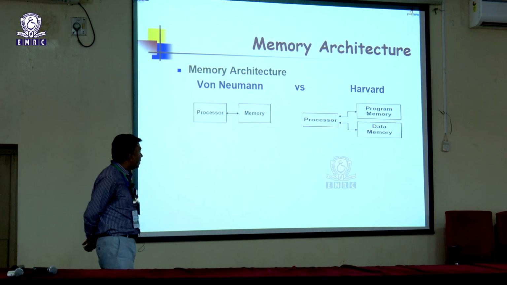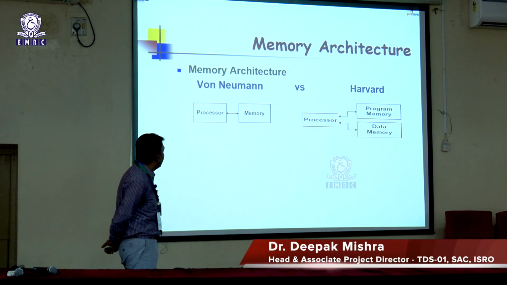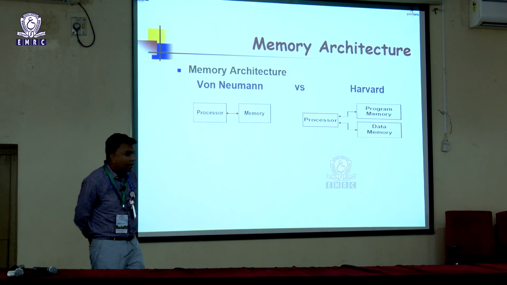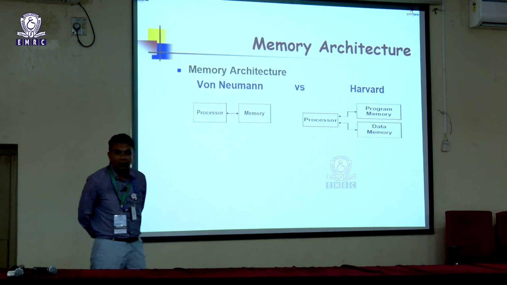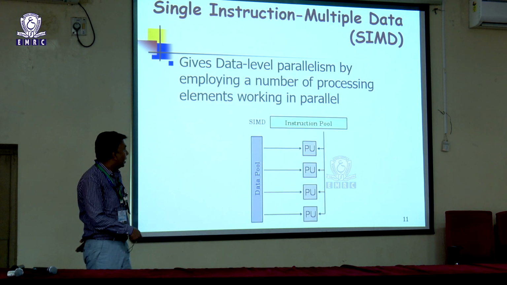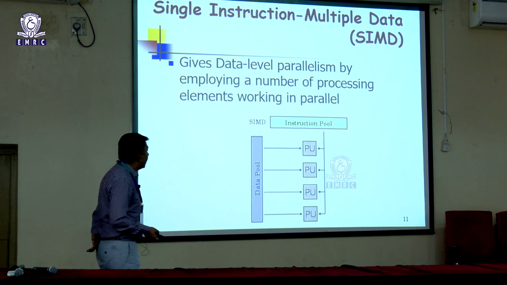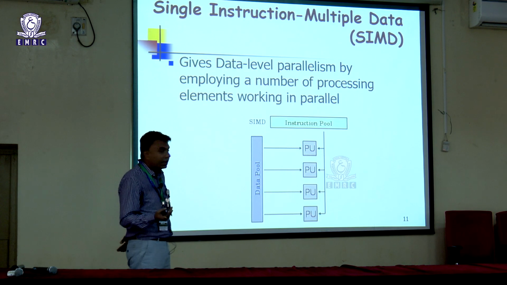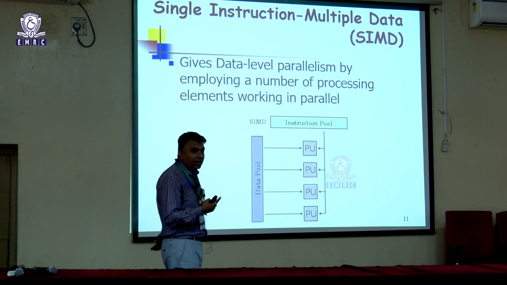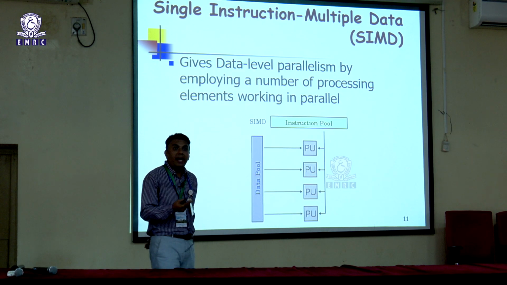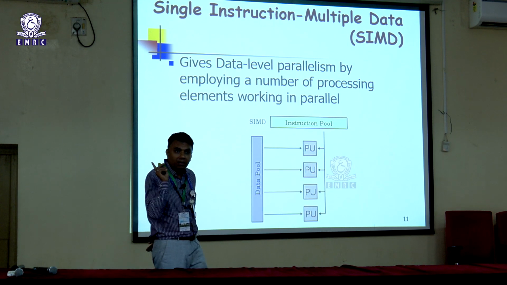Typically, if you ask me about the architecture, two architecture based DSP processors are available. One is called von Neumann and another is called Harvard architecture, where separate program memory and data memory is there for the processor. And in the current state of the art DSP processors, there are two important aspects. One is called single instruction multiple data. In a single instruction, like if you want to do the add operation for an array of data, you give a single instruction, and all the array of data will get added.